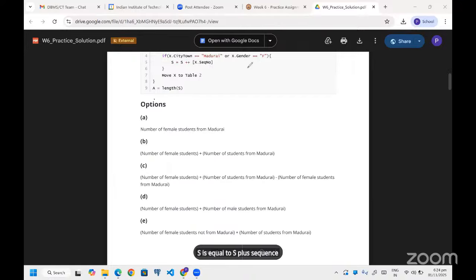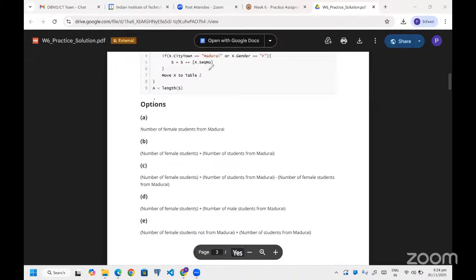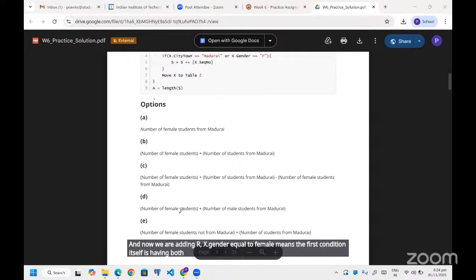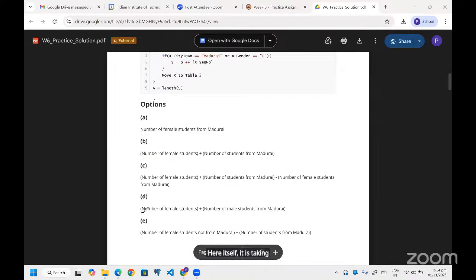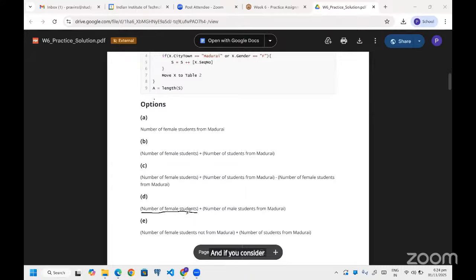In that condition, we are getting the output as male as well as female who belong to Madurai. Am I right, sir? Yes. And now we are adding or x dot gender equal to female, but the first condition itself has both male and female students. Here itself it is taking an or, then what is the necessity of checking again x dot gender equal to female? And if you consider statement D, it is a correlation, no sir?